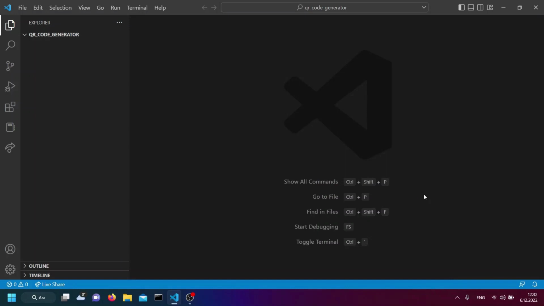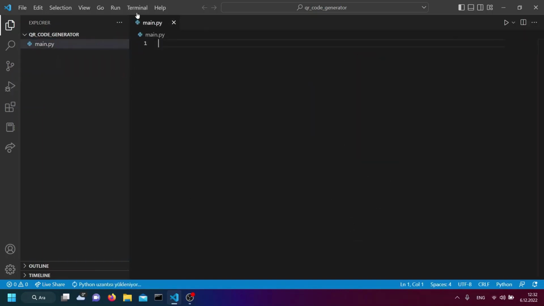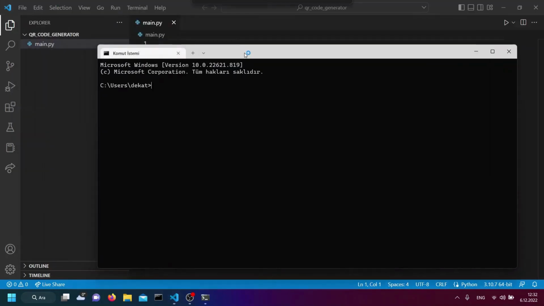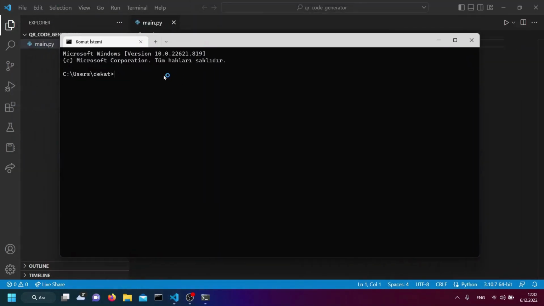Okay, so as usual, when we begin the project, the first thing we're going to do is create a project folder. I went ahead and created one named QR code generator. And inside of this folder, I want to have an empty Python file called main.py. Okay, now that we're done with this, actually, never mind. The first thing I want to do is,